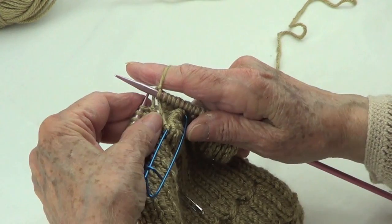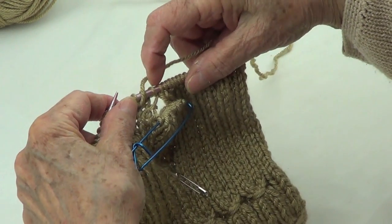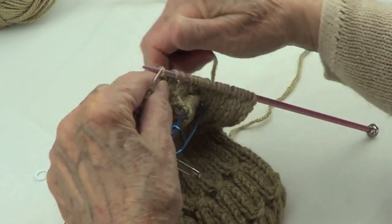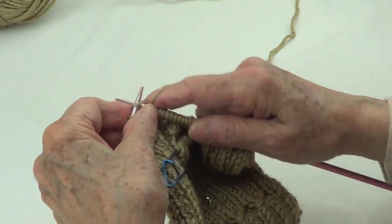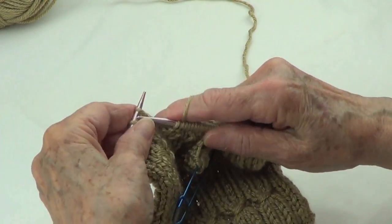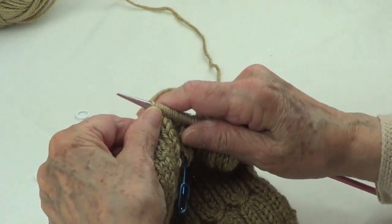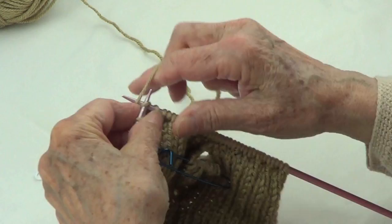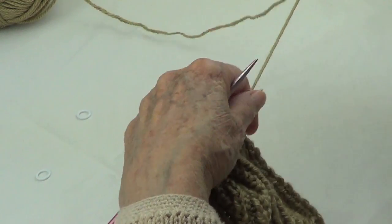So let's continue with the pattern. So knit, knit, and purl. Of course we need a purl in between these two knits and these two knits, but we're going to make it on the way back. So I'll continue doing this so you see how that is done. So this is the row in which we place the stitches on a holder. So knit, knit, purl, knit, knit, and purl, knit, knit, and purl. So I did my first 18, my second 18 on the other side of the thumb,